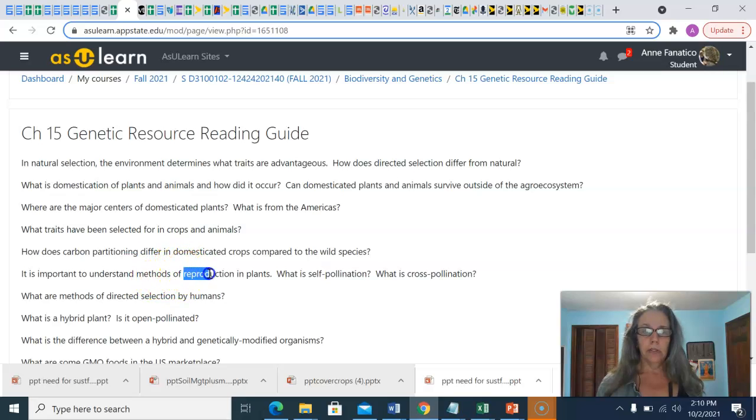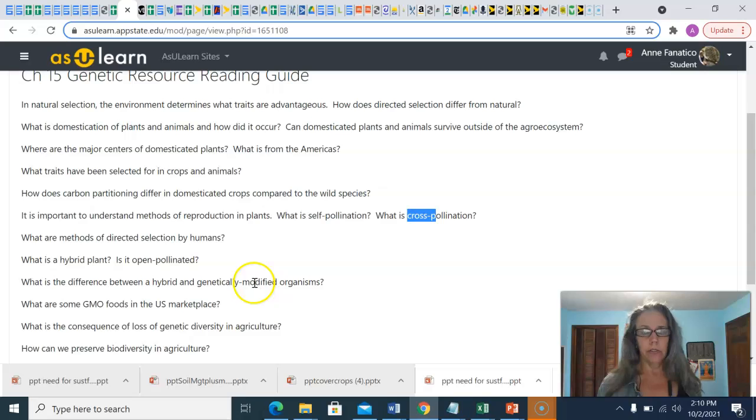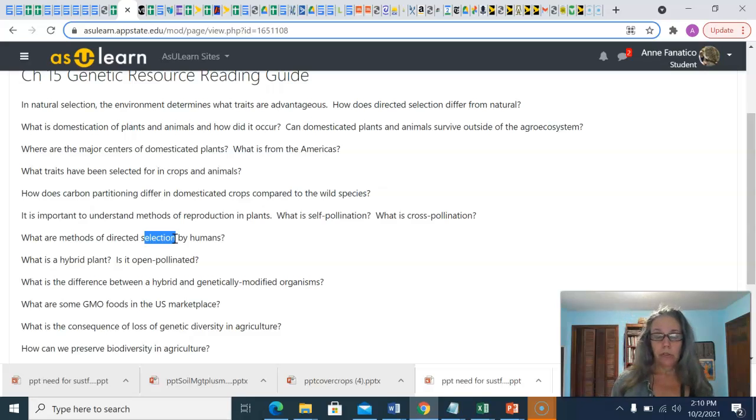Understanding different methods of reproduction in plants. And this was really reinforced for us at the farm, when Chip talked about plants that are self-pollinated, plants that are cross-pollinated, and the impact on seed saving. Be familiar with the types of directed selection, the mass selection that has been practiced for most of the 10,000 years we've been doing agriculture,